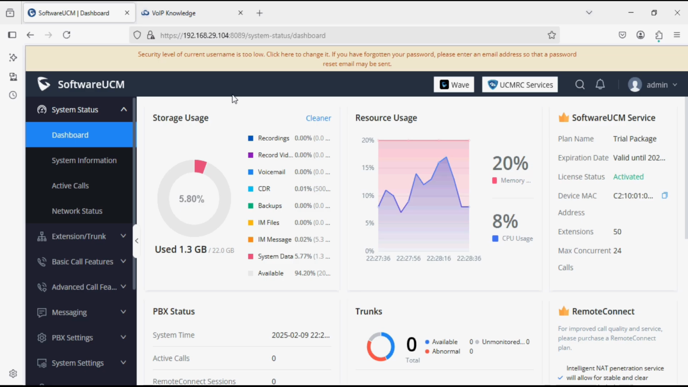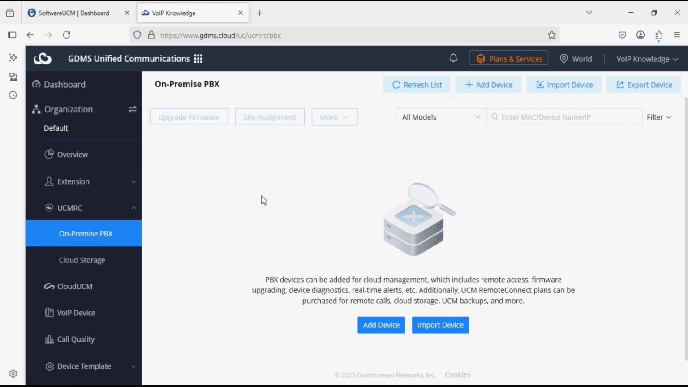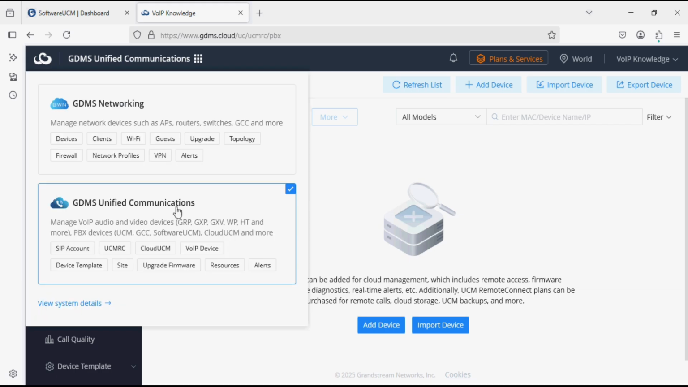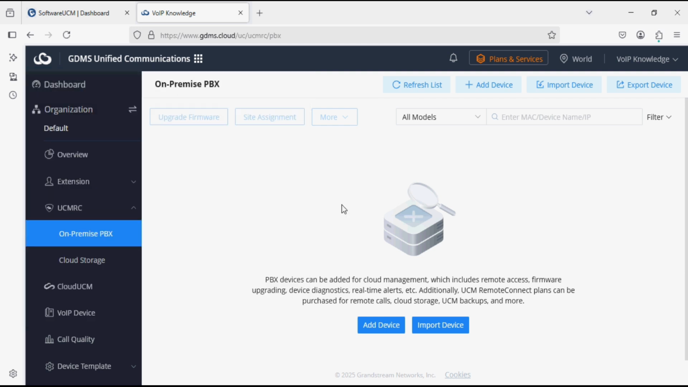So in this video I have Software UCM and I'm going to show you how to add Software UCM on GDMS Cloud portal. So you must have a valid GDMS account. I have already logged in to my GDMS account, and to add UCM on the GDMS Cloud you must be in the GDMS Unified Communication Platform option, and here in the option of UCMRC,